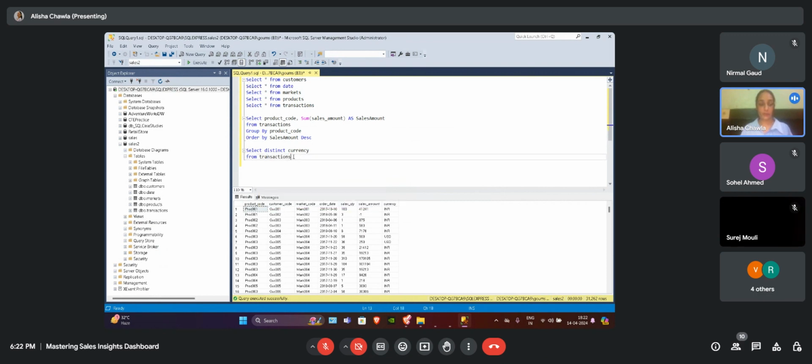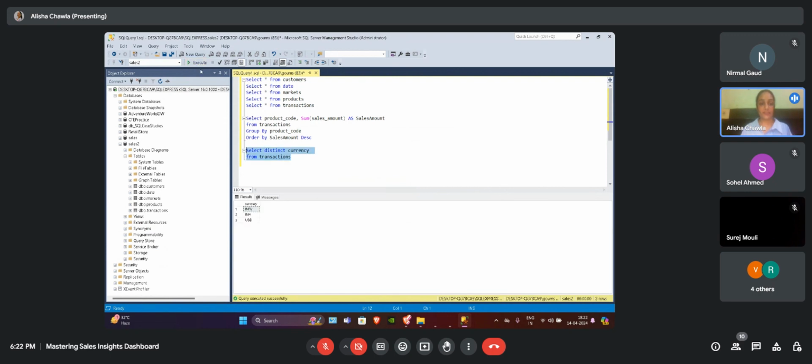It will give us the distinct values of currency from the transactions table, that is the different currencies available in the currency column. We have USD, we have INR, and that is something which is mistakenly typed. So we have to correct this one.